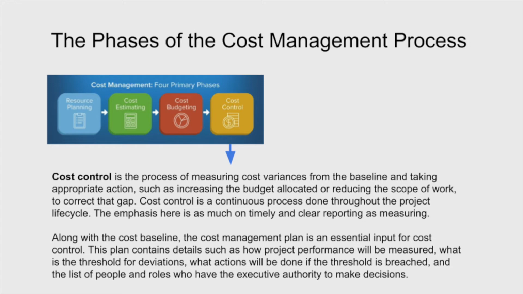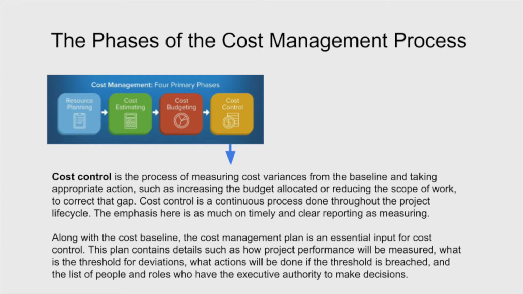So cost control is really a continuous process done throughout the project, throughout the life cycle of the thing, and really the emphasis here is to make timely and clear reporting and measuring and changes if required. Along with the cost baseline, the cost management plan is really essential for cost control. The plan contains details such as how project performance will be measured, what's the threshold of deviations,